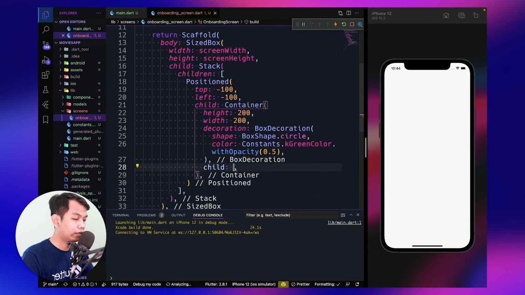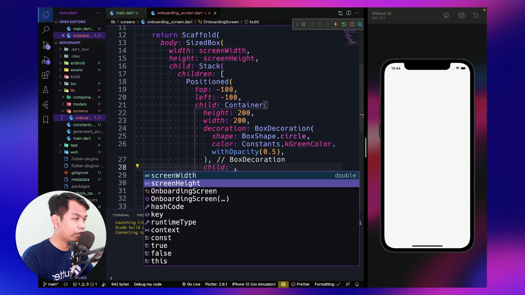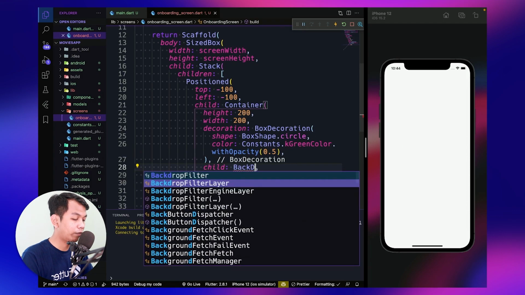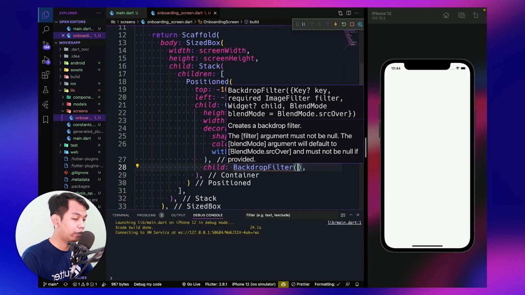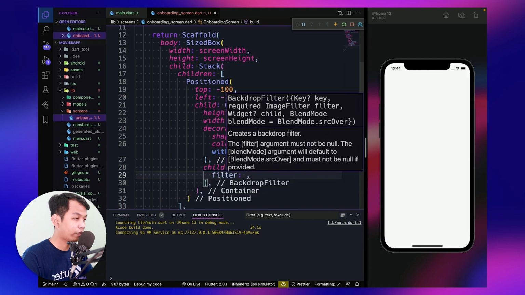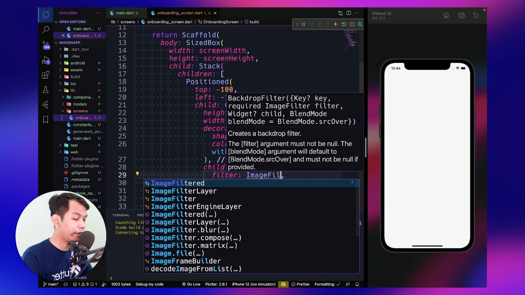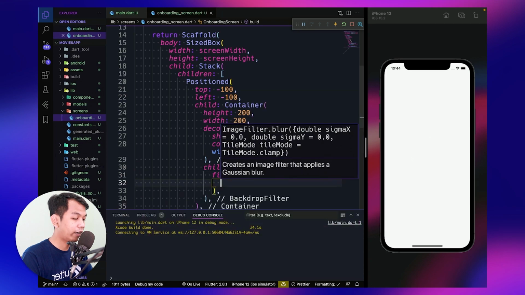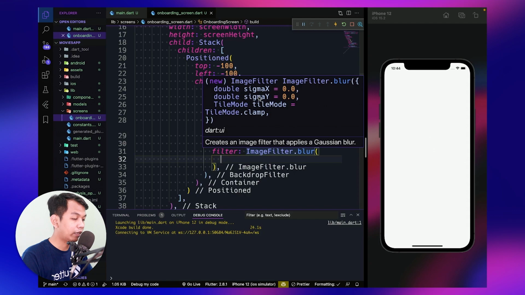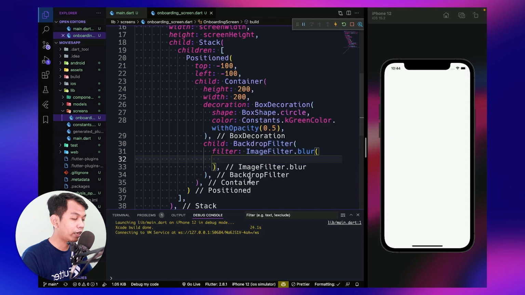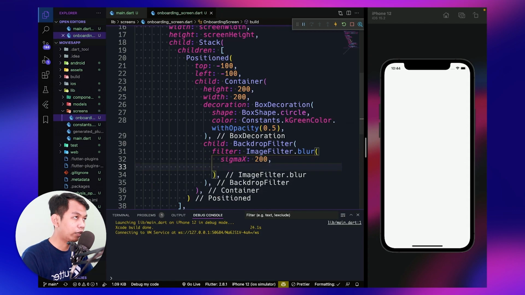And for this container, we set the child, so we use a BackdropFilter, because with this backdrop filter we can say filter, and for the filter we can say ImageFilter.blur, and ImageFilter.blur has parameters like sigmaX and sigmaY. For the sigmaX, set it to 200 as we see in the Figma file, and for the sigmaY, it's equal to 100.